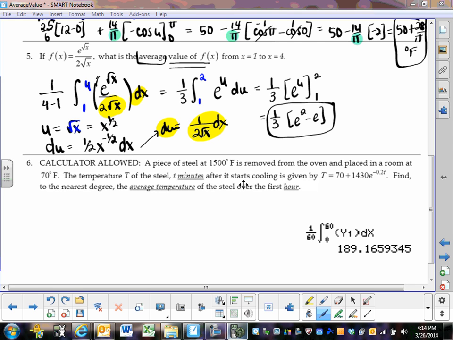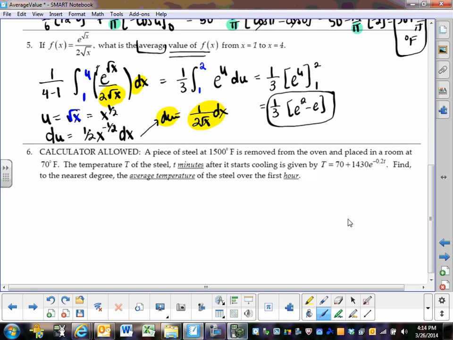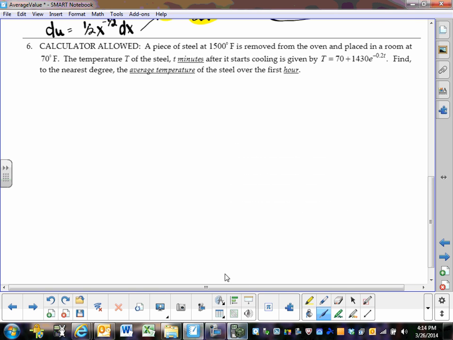Okay. Now, reading this next part. A piece of steel starts out at 1500 degrees Fahrenheit, is removed from the oven and placed in a room at 70 degrees Fahrenheit. So if you've taken physics, you may remember that Newton's law of cooling says that the rate the temperature changes is proportional to the difference between the temperature in the room and the temperature the object initially starts out. So whether you start off with ice cream that's frozen at 32 degrees Fahrenheit,